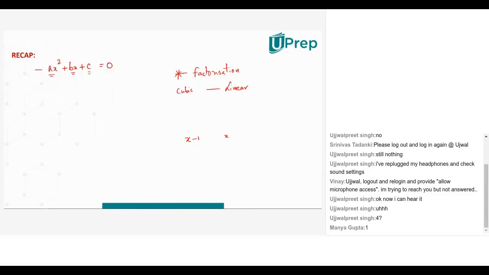Now again, if I multiply this x square, what do we get? Minus x minus 2x, so minus 3x, minus into minus plus 2. Now if I multiply this with the third factor, say x minus 3, I am multiplying 3 linear factors. What will be the product? When this and this are multiplied, I get x cube. And if you observe, any other product will give me only second degree.